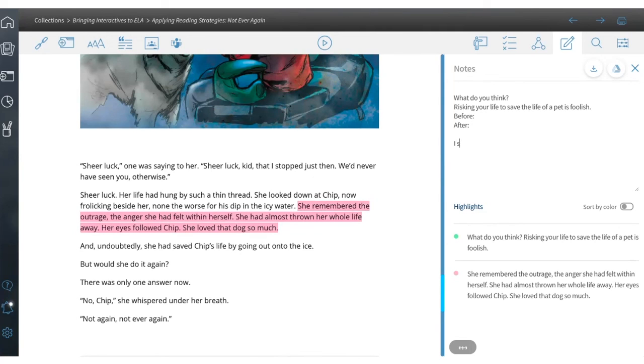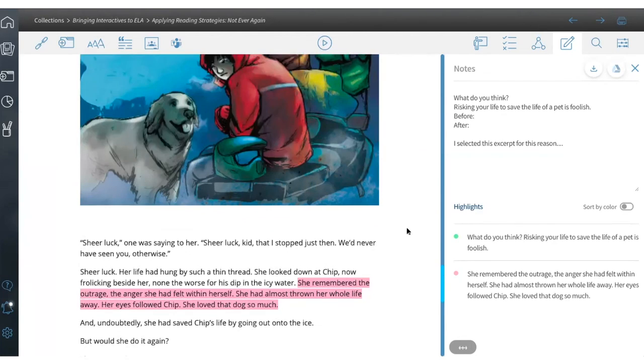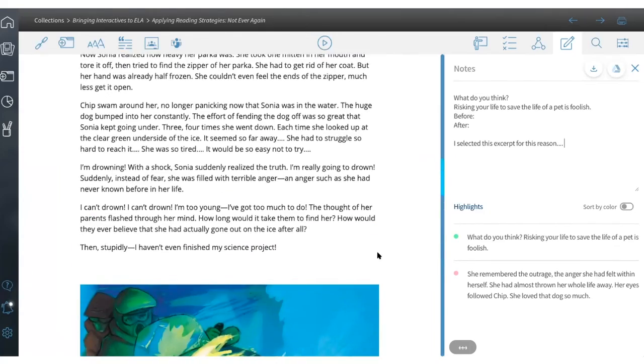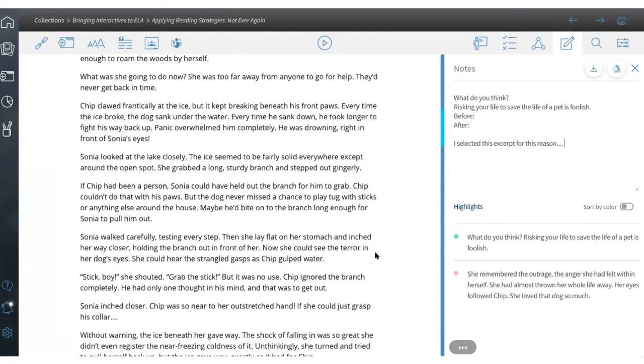Maybe they highlight and say, I selected this excerpt for this reason, and provide their reasons there. Okay. So all of these tools together, really great, leveraging Edwin's tools for improved comprehension in English language arts and improved